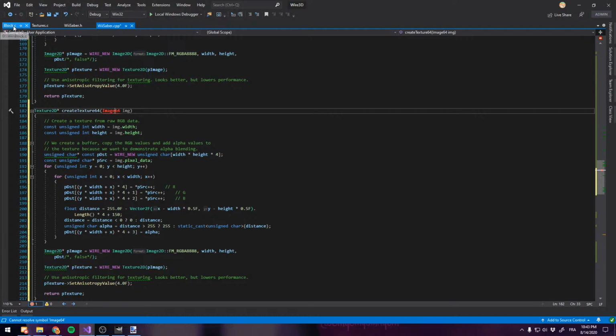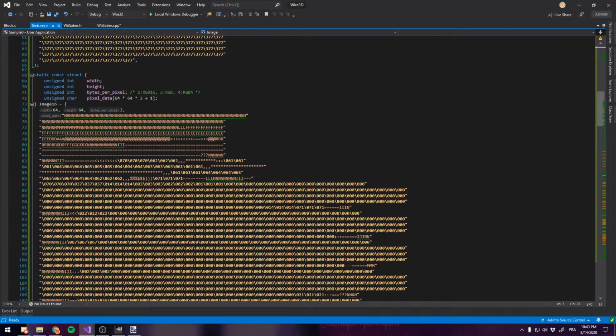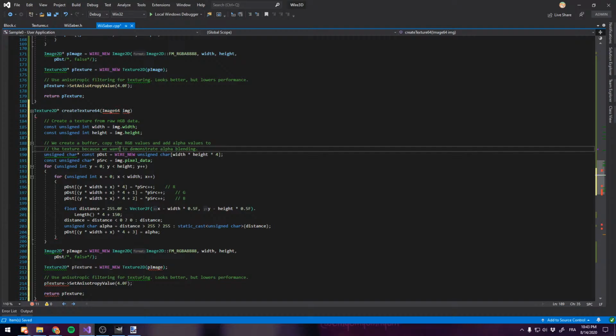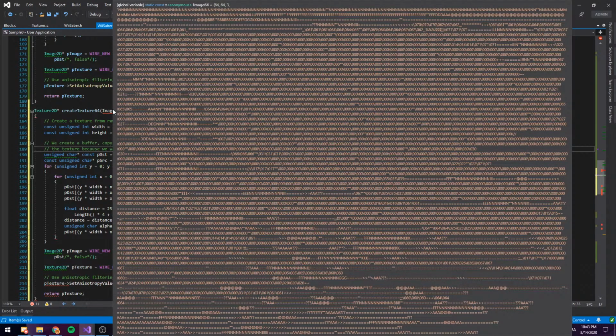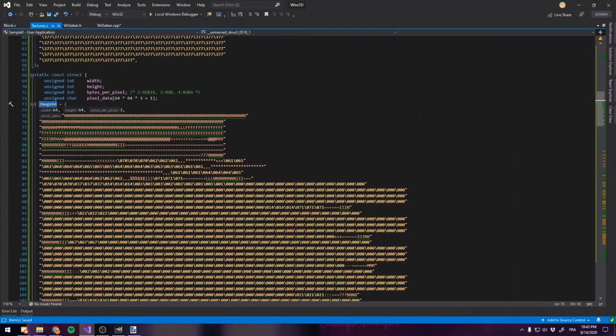That's not a thing. Oh, what? It's a 64 by 64 image. Why did I call it image 16? Oh, right. Okay, so